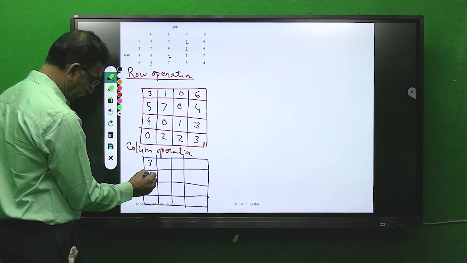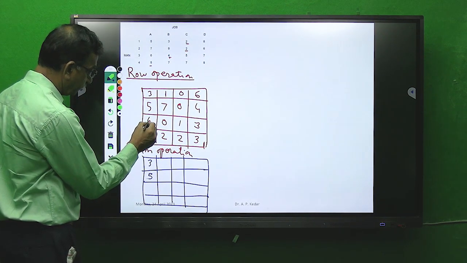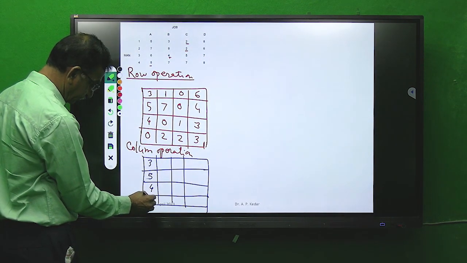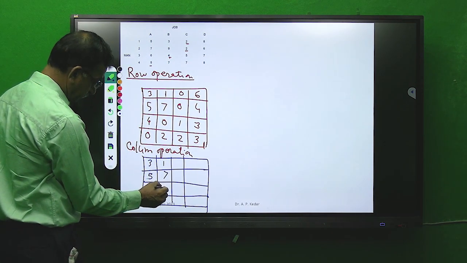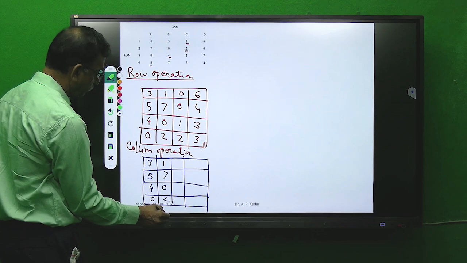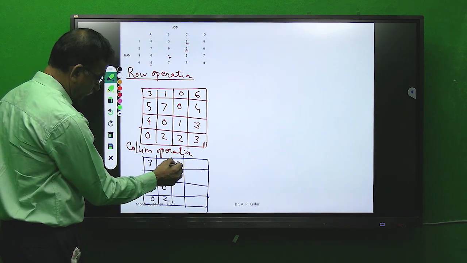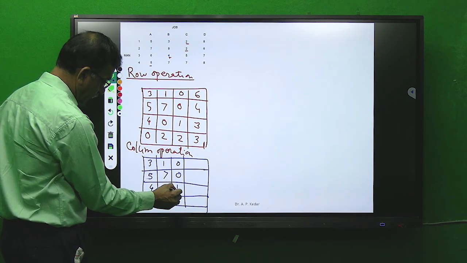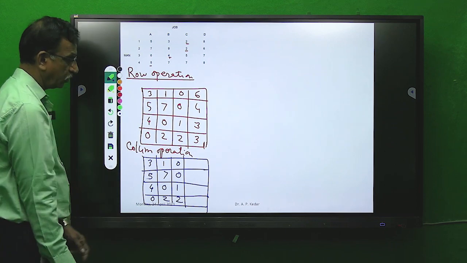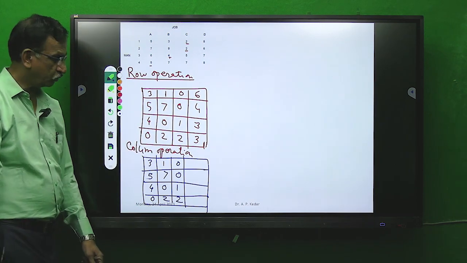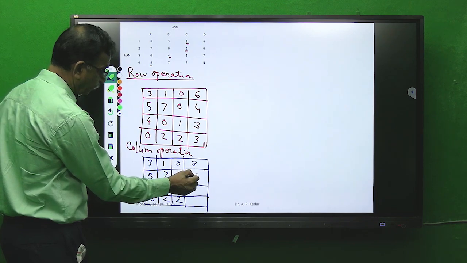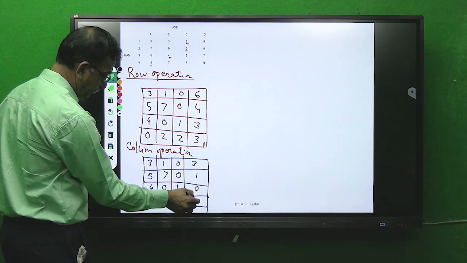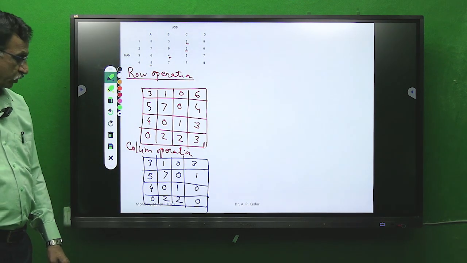So it is 3 5 3 5 4 0 1 7 0 2 0 0 1 2. Now here I have to bring 0, so 3 is the minimum, so it is 3 1 0 0. We are now very sure that